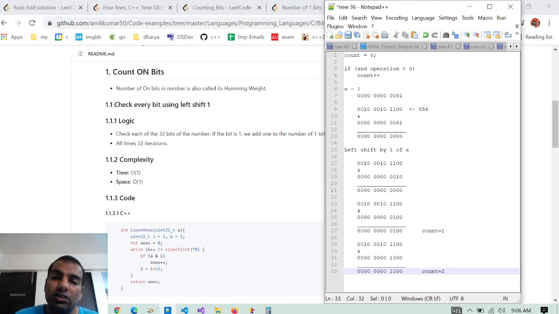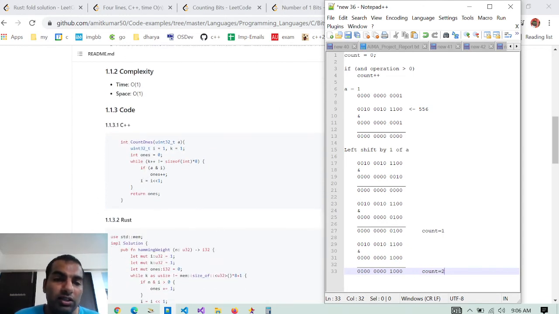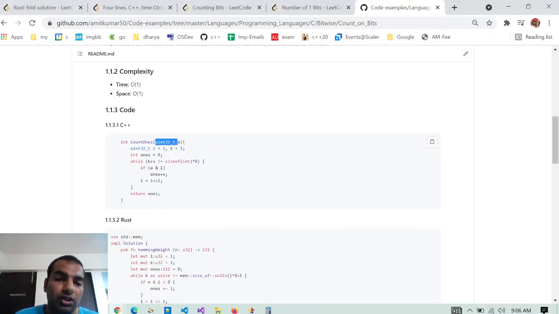In this method we have to iterate through the size of the incoming integer variable. For example, in this case the input is uint32, whose size is 32 bits. If the incoming variable is maybe uint64, we have to iterate through the size of uint64, that is 64 bits.